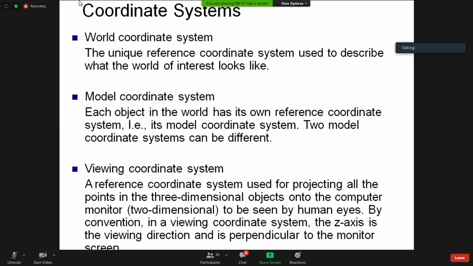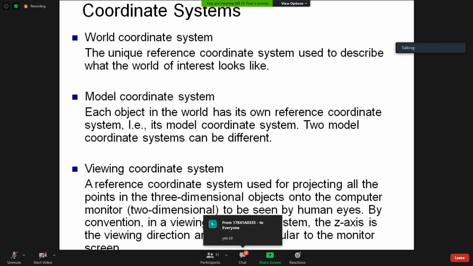You see here, this is your first quadrant.